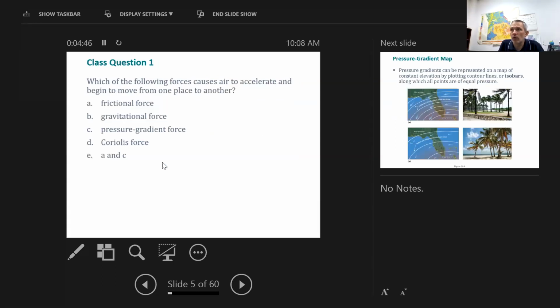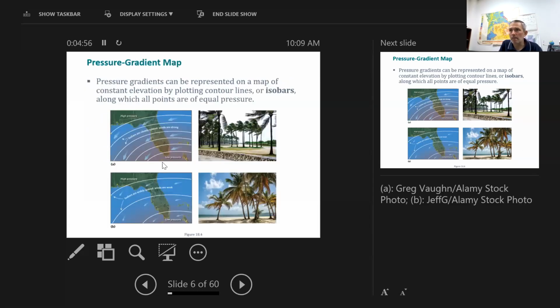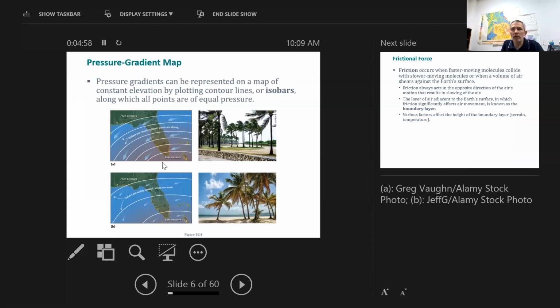Which of the following forces cause air to accelerate to begin to move from one place to the other? That's the pressure gradient force. The friction would slow it down. And so when we start looking at